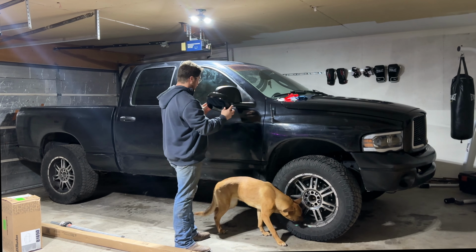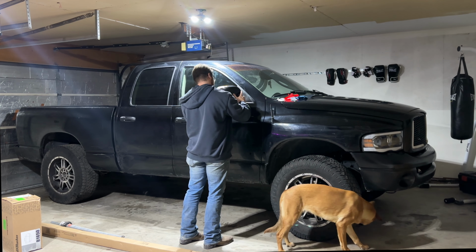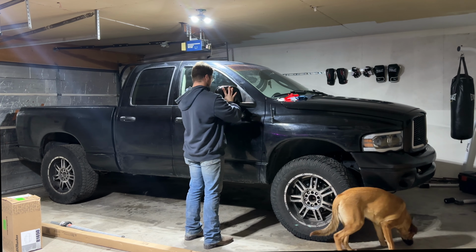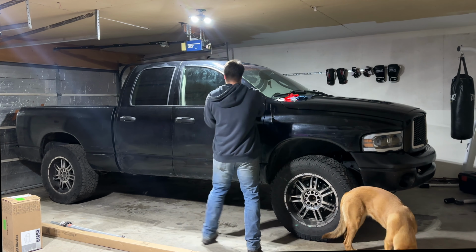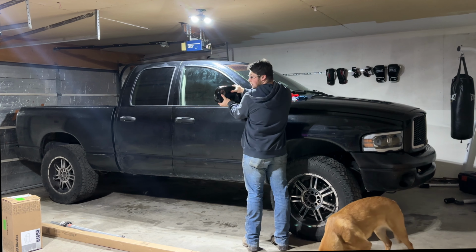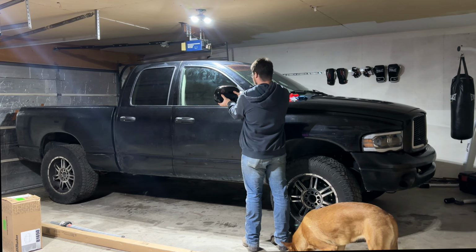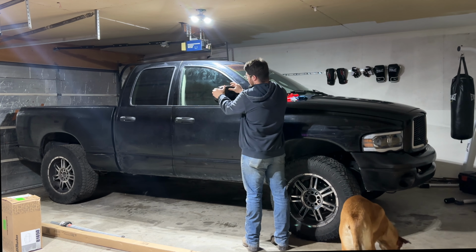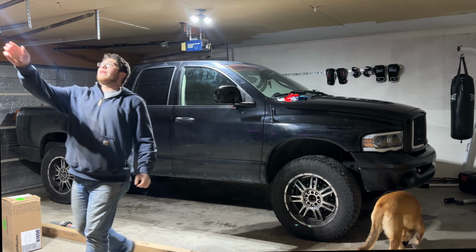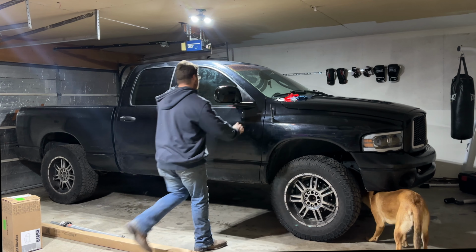Now, we are going to find out if this bad boy fits on here, which it does beautifully. Now, I want to make sure that I don't lose this on here as well. So, it is cold along with it. Forgot to turn that on. So it being cold,